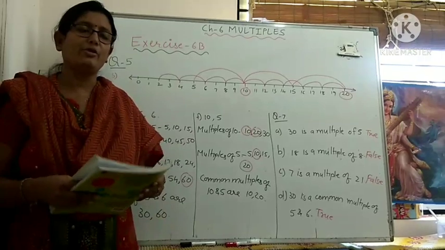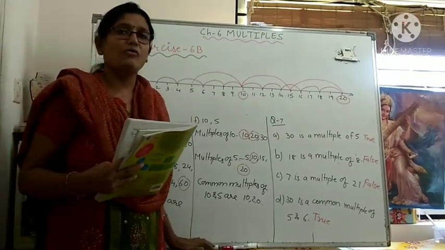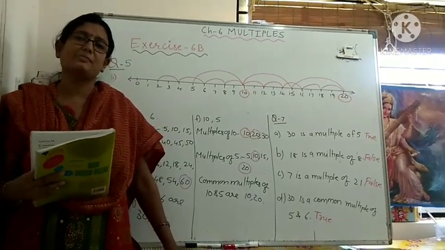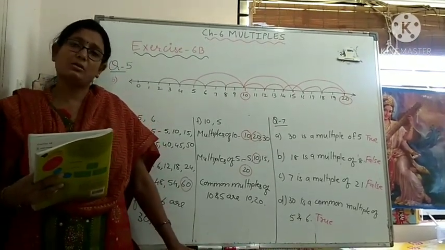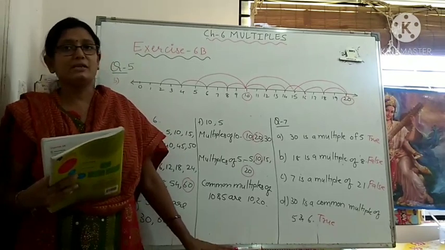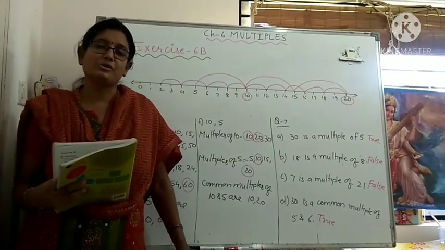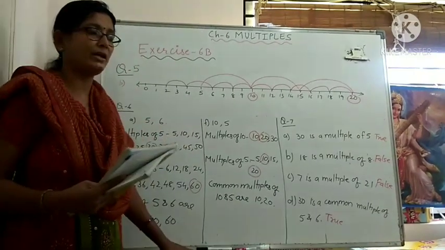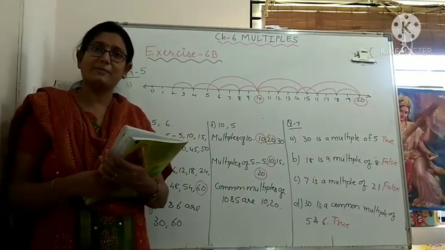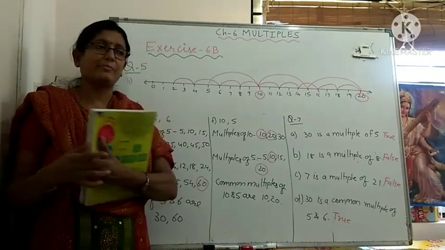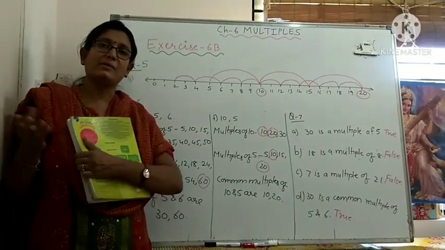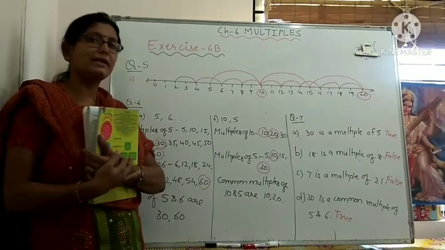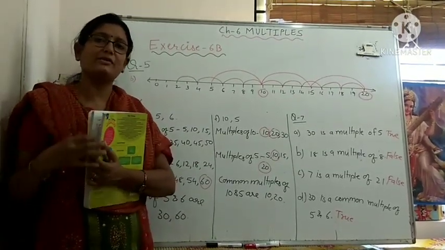One thing I want to tell you friends, that in evaluation 2 we have completed chapter number 4, that is division, chapter number 5, that is factors, chapter number 6, that is multiples. Still 2 more chapters are remaining for evaluation 2. Let us see how much we can complete. I think I have taken 2 more chapters. In that, one whole chapter is there, my next chapter, and the other chapter I am going to take only half, for the exams. I will give you the syllabus later on.